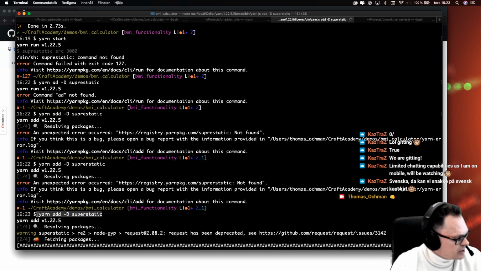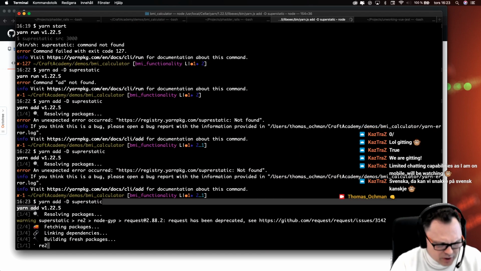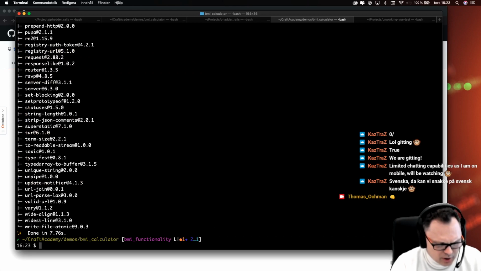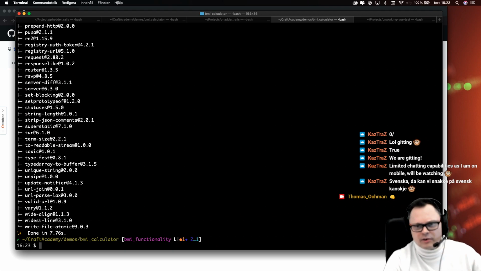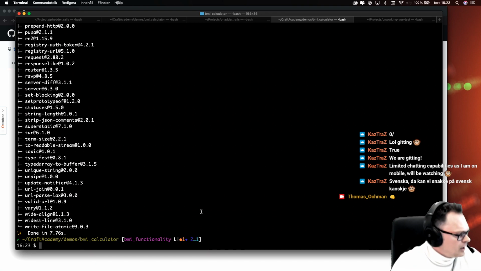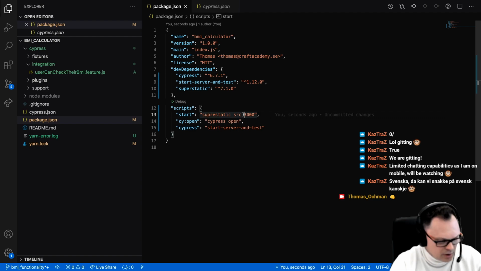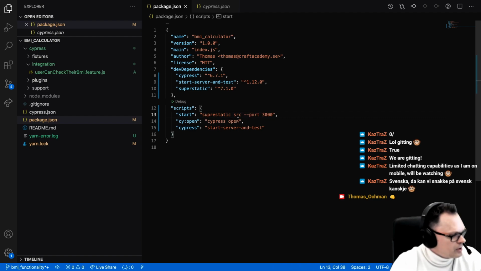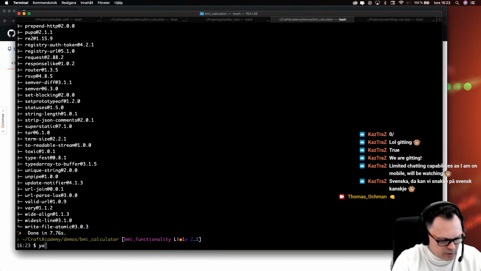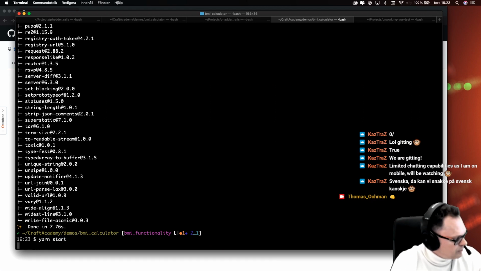Yarn add -d super static. It's probably documented in your course documentation. I think it is, right? It's just me that forgets things. So now we've added this, and then it's going to be --port 3000. Right, so now we say yarn start, and this will fail for me because